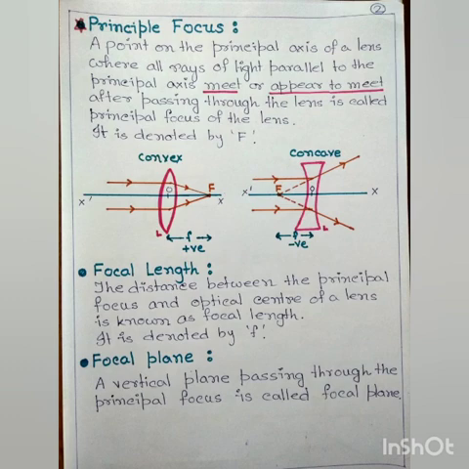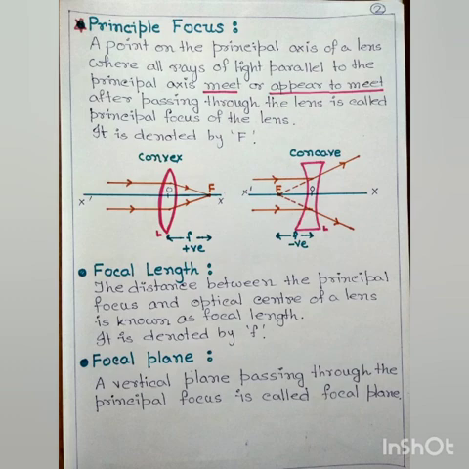So all the incident rays parallel to the principal axis, after refracting through the convex lens, converge and meet at a point on the principal axis, and that point is known as the principal focus